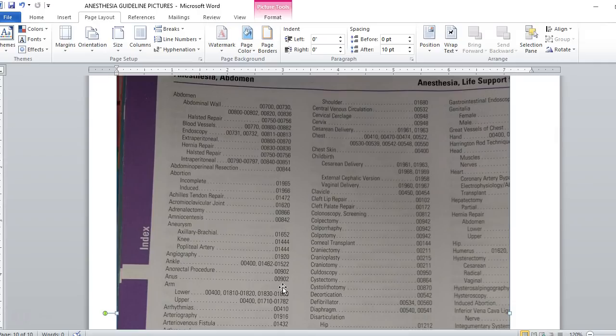If we were looking for a procedure on the lower arm, we would go to anesthesia, arm, lower. You can see here we've got a whole series of codes we'd have to look into, because for the anus there's only one procedure code we use. For the lower arm there are multiple,